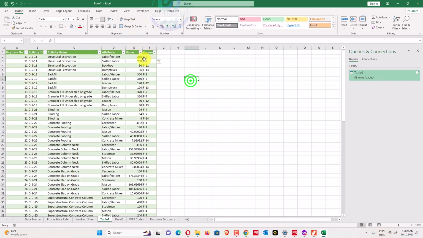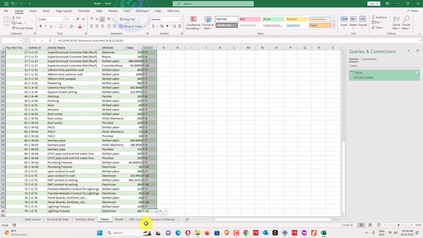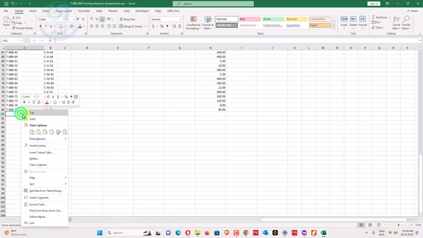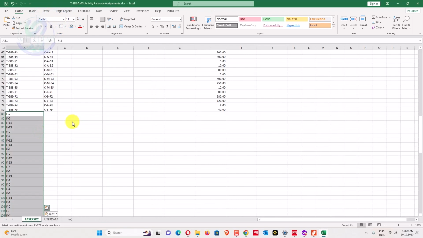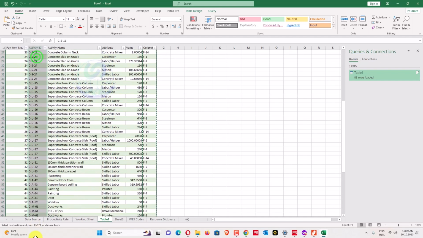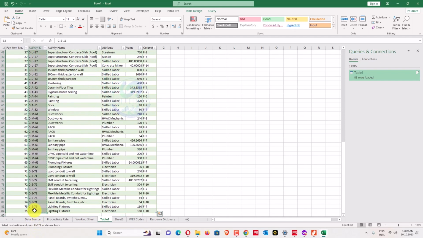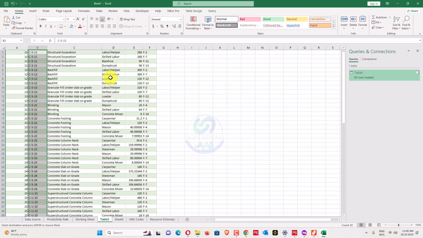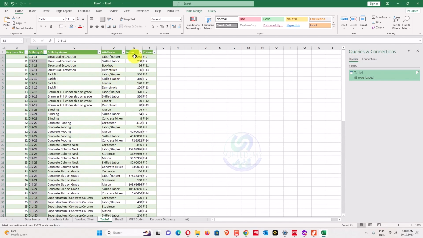So this one is our resource ID. We'll copy this resource ID and paste it here as the resource ID, and now we'll add our activity IDs from here, and now we can paste here. So now we can add our values from here.